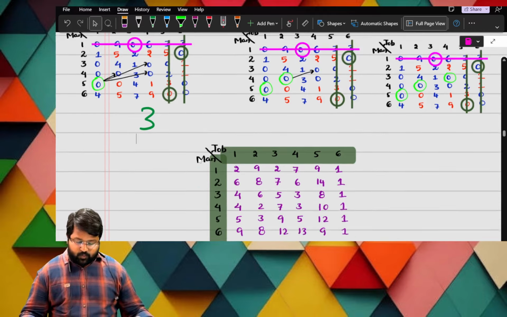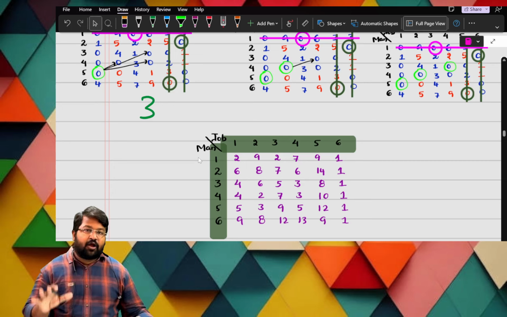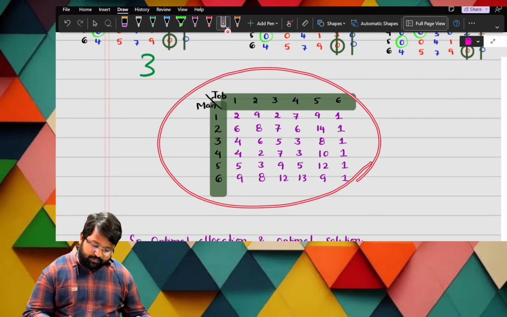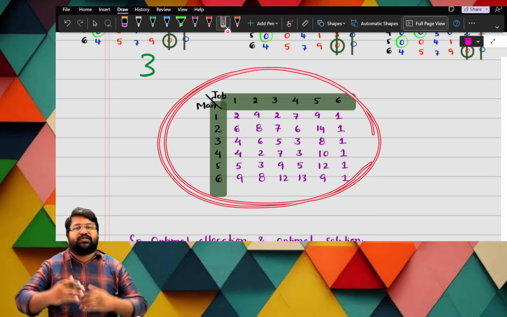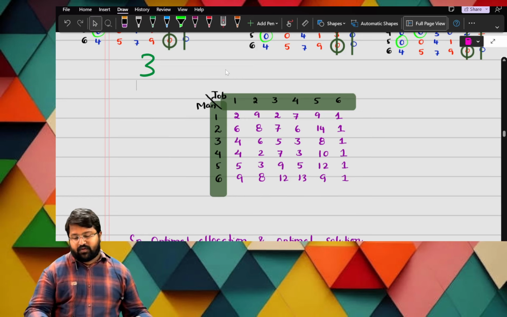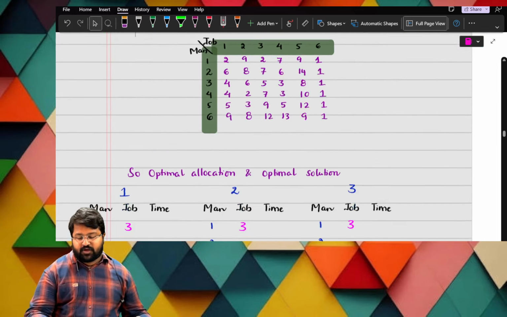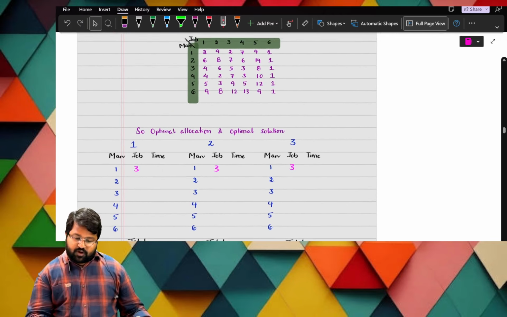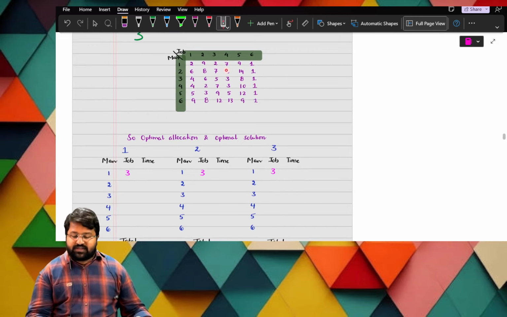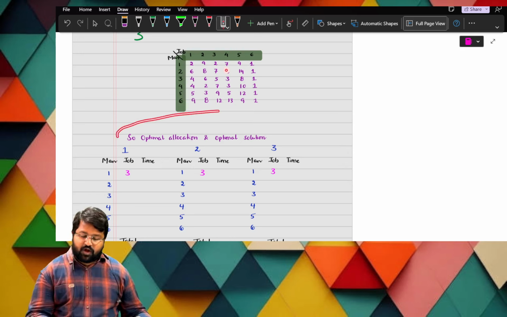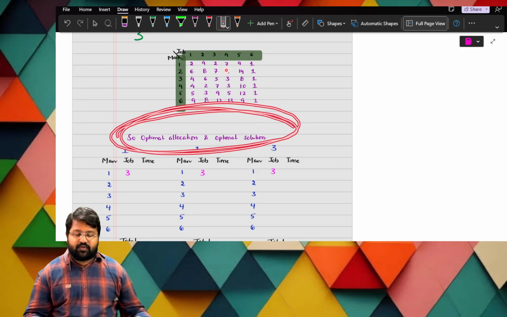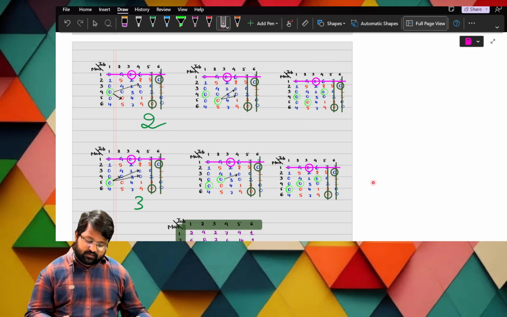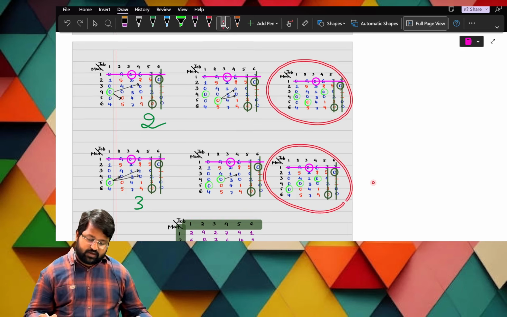Done. So now we have to compare the end results of our three options with the question. So this is our question. We have to compare and find the solution. So how do we find the solution? First, in option number one, what are we having, ma? So this is the last part of our answer, ma. The optimal allocation and optimal solution. We got three end results. What are the three end results, ma? This is the first result, this is the second result, and this is the third result.